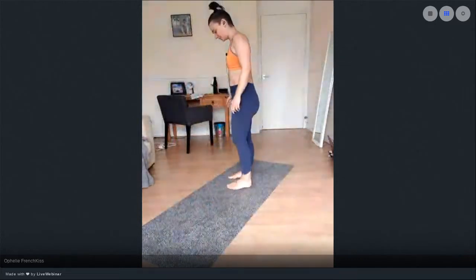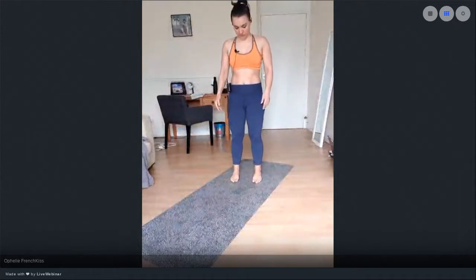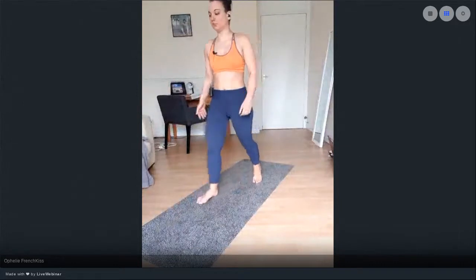Standing, feet hip width apart. So it's usually a bit more narrow than we think. Parallel. Good, so now,